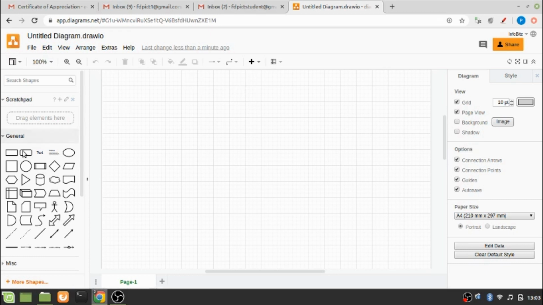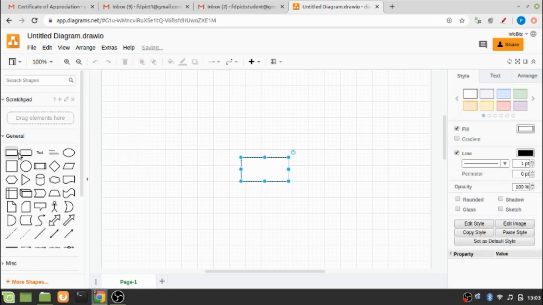For that, let me try to add some shapes of my choice, and I'll create the shapes first, then I'll write the text in the desired position. I want to create the constitution and show the parts of the constitution.